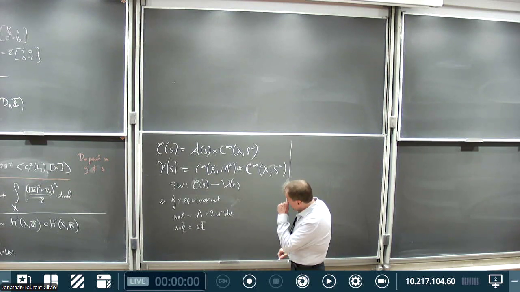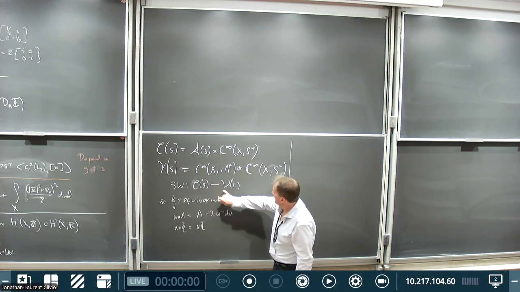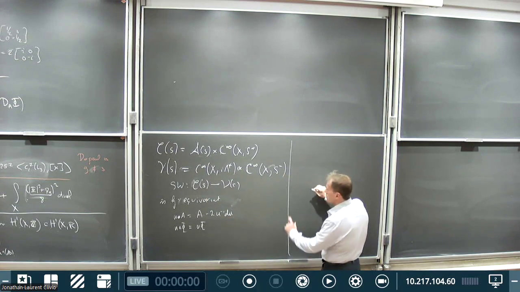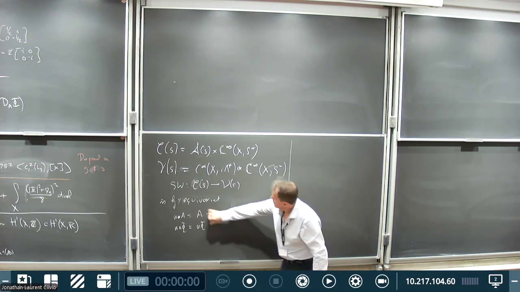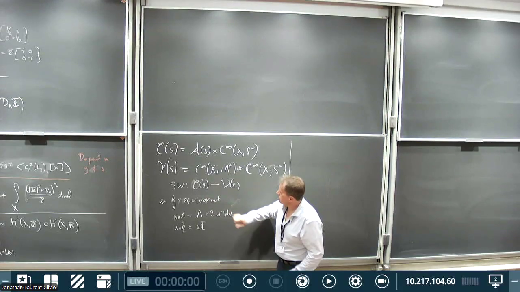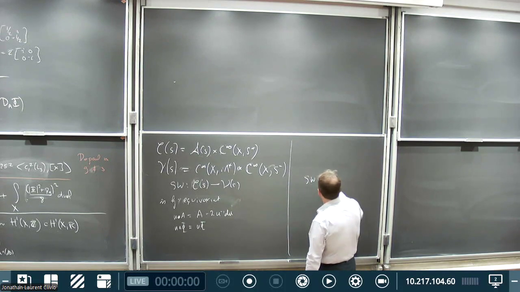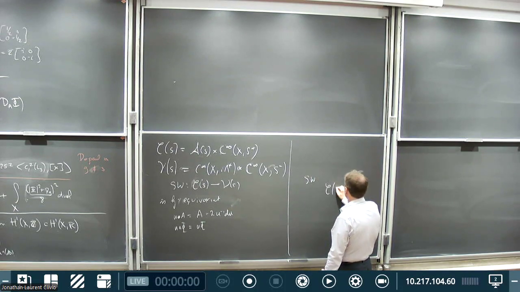So very formally, I could rephrase this: if G were acting freely on this, then the more geometric way to think about it is that if I take the quotient,